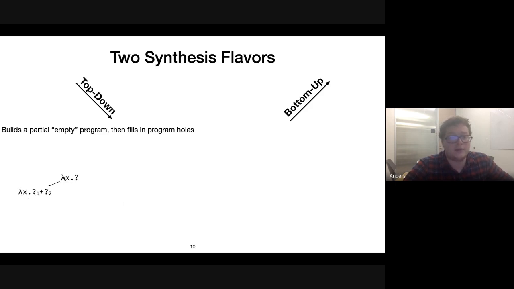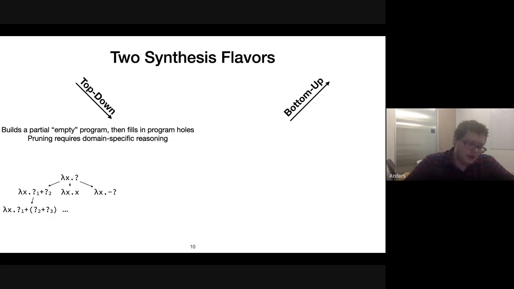You can separate it into two new holes, question mark 1 and question mark 2, or you can fill that question mark in with a concrete x, or you can say it's negative some other question mark, and then you iteratively expand these question marks. In this one, question mark 2 was expanded into a plus of question mark 2 and question mark 3, and you continue this until you eventually find a satisfying program.